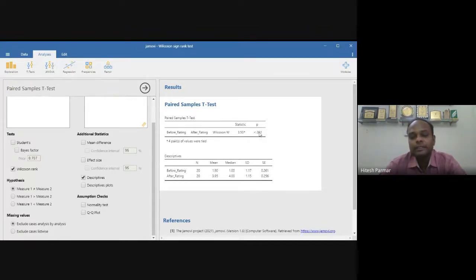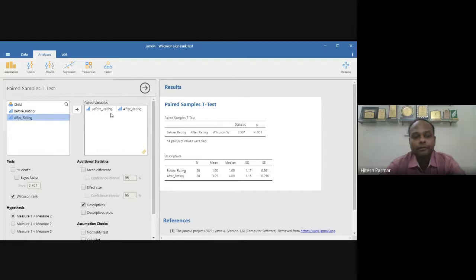So obviously it is less than 0.05. So the null hypothesis is rejected and you can confirm that the difference is significant. The difference between before treatment and after treatment, the effect of treatment that you can observe, the difference is significant.